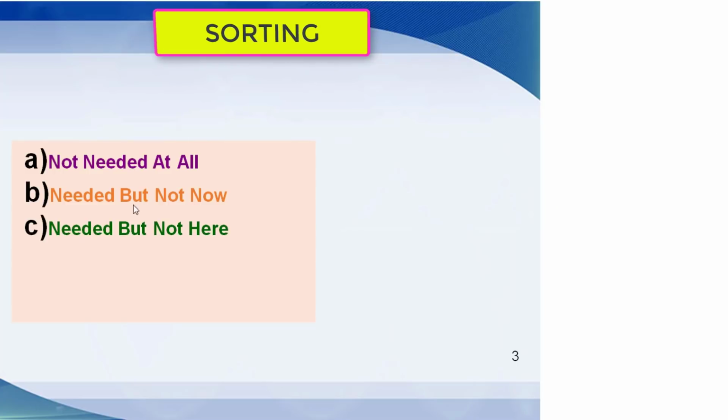Third one is needed but not here. That means those materials which are needed for your organization but may not be needed in a particular area. Say for an example, in 5S we make zones. So in one of the zones, while reviewing, the zonal leader identifies that some materials are not part of his zone. So the material is needed in fact for the organization but not needed for that particular zone. So he might put a red tag over there